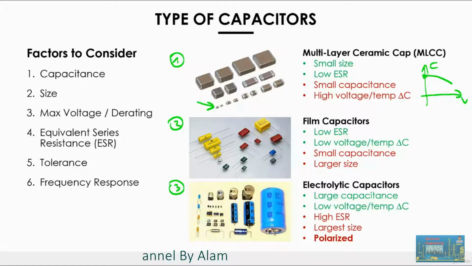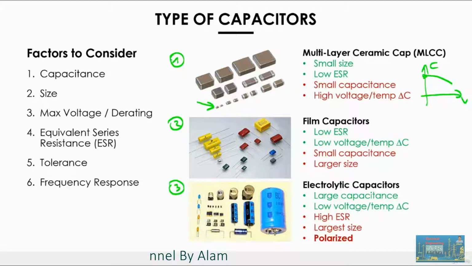Finally, these are also the cheapest capacitors. So it's not a surprise that the capacitance, which is sort of the main feature of a capacitor, isn't very well controlled and changes with temperature and voltage and such, because at the end of the day, you have a small and cheap component. So you have to pay the price somewhere else. Second type is a film